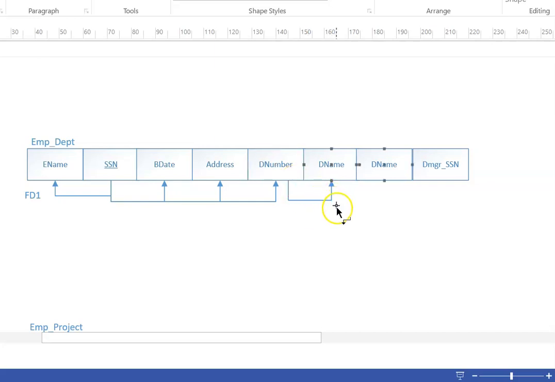So the department number determines the department name. It also determines the department name, and then also it determines the manager who manages that department. Okay. That is functional dependency 2. This is our FD2. So the resultant tables are